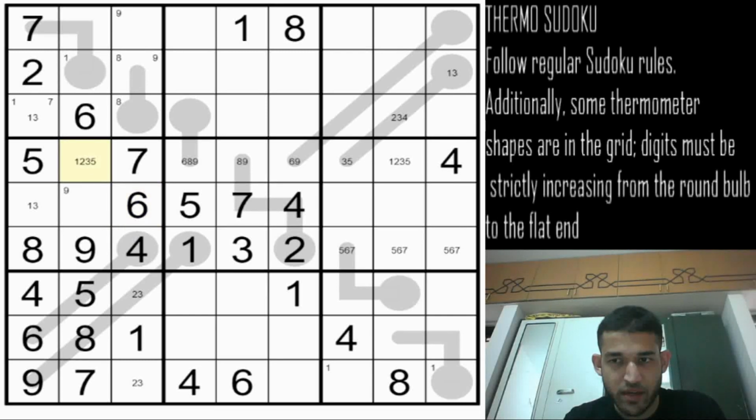And now 5 can be removed from here, so this cell will be a 1, 2 or a 3. And 4 in column 2 can only be in these 2 cells. So the left out digits in that column are 1, 2, 3 and 4. 2 cannot be here, so this should be 1 and 3, and this will be 3 and 4. Now we have a triplet 1 3 4 here, so we can go ahead and mark the rest of the cells in that box. So this will be 5 or 8, this will be 8 and 9, this will be 5 and 9.